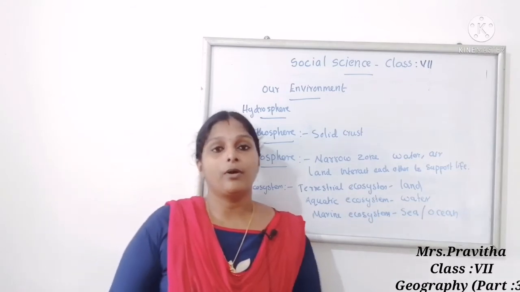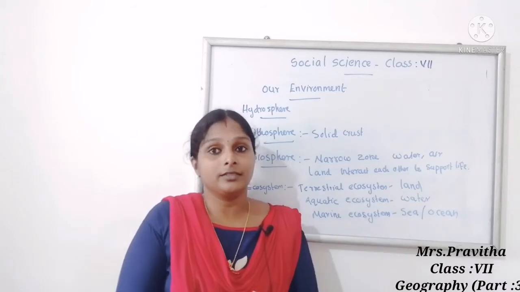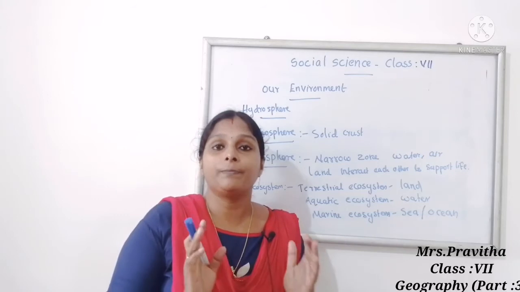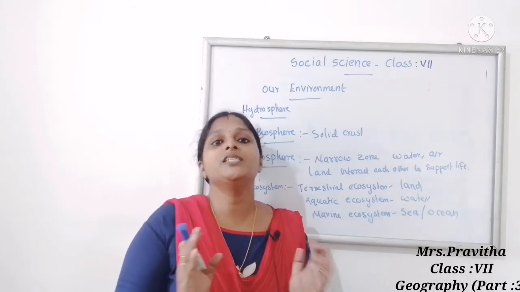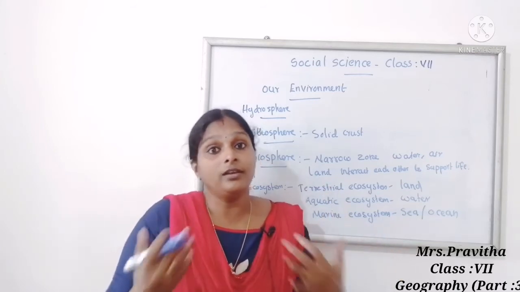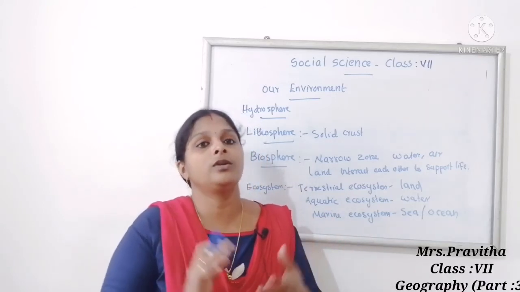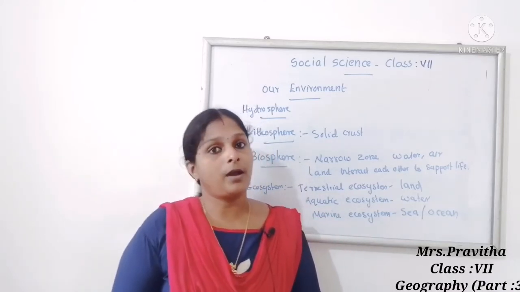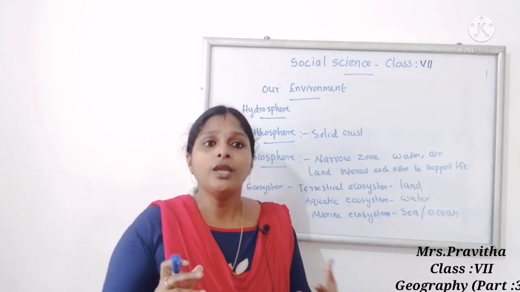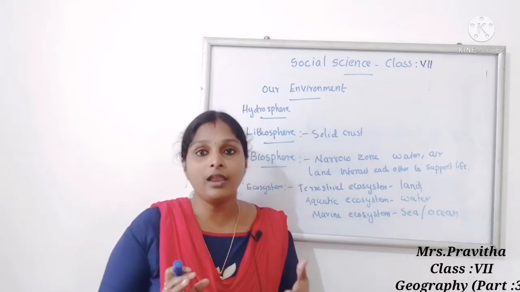Last, ma'am taught you about human environment. We know humans dominate the planet Earth. We are living on the planet Earth. Humans dominate the planet and make changes in the surroundings according to our needs. According to their needs, human beings are making changes in our surroundings. So they form the most important part of the environment. Who forms the most important part of the environment? Human beings. Let us discuss how human beings are making changes in our environment.